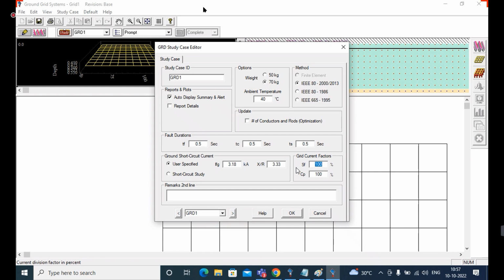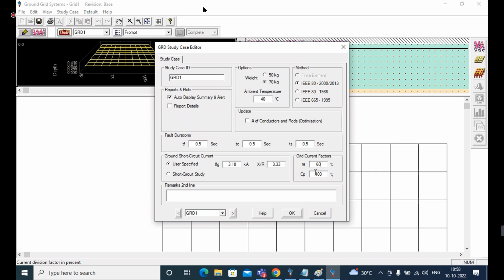Why? Because if the fault current is created, we cannot be sure of 100%, we cannot surely assign that this much fault current will be created. So here I am going to use the surface factor of approximately 60% maximum.